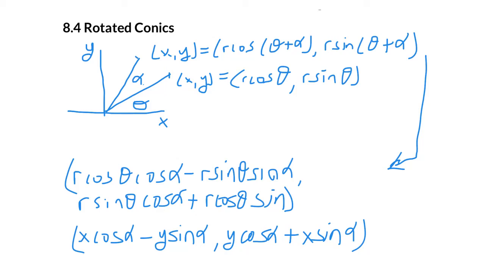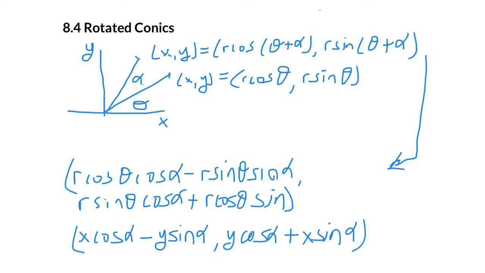In section 8.4, we talk about how to rotate conics. And in this picture here, I have a point. Remember from the past that x could be written as r cosine theta and y as r sine theta. Then we have another point that has, in addition to theta, also alpha. One way of thinking about this point is that it's the initial point that's been rotated an additional alpha